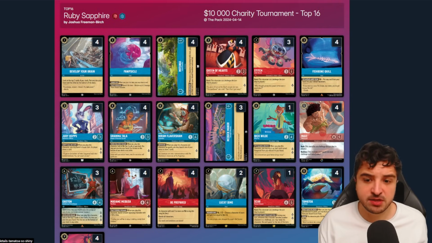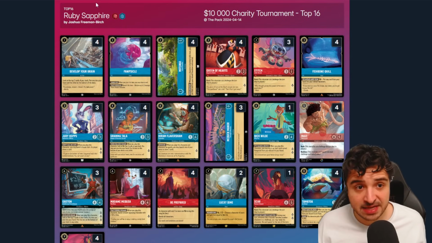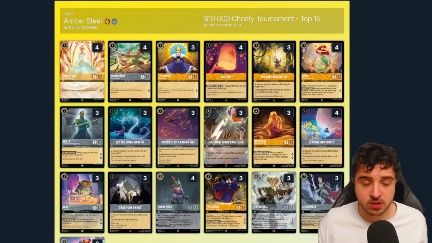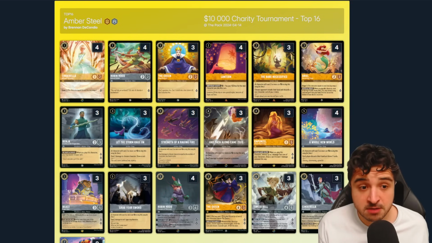So very similar lists. The main difference is really in the way to ramp up. Okay, now the next most common deck is Amber Steel Songs. In fact, there's a couple because there's only 2 of this deck. What deck variety we have? Amber Steel Songs, starting off with the big man, Brennan DeCanio, currently the front runner for best player in the